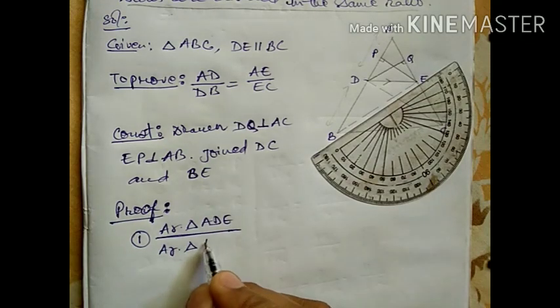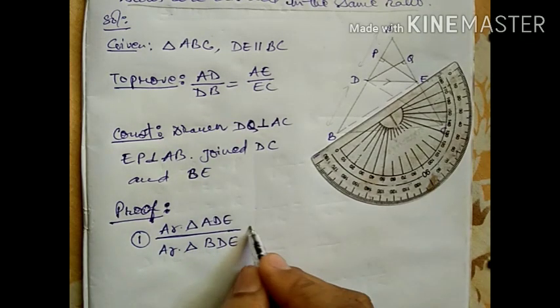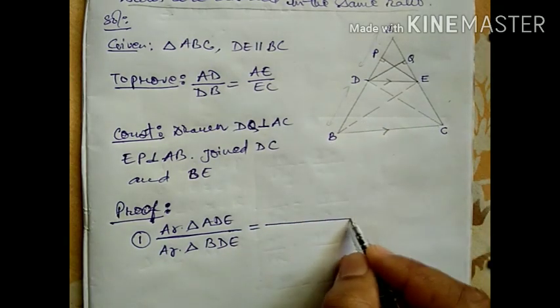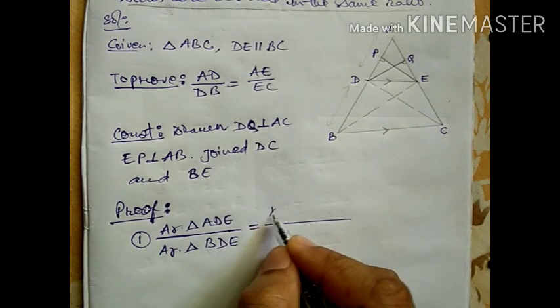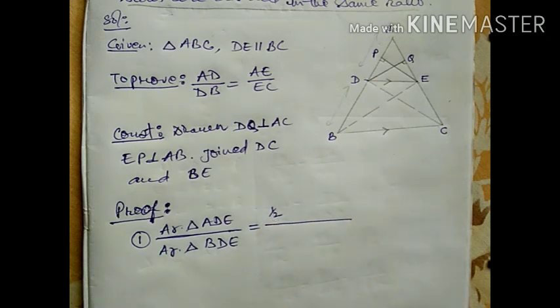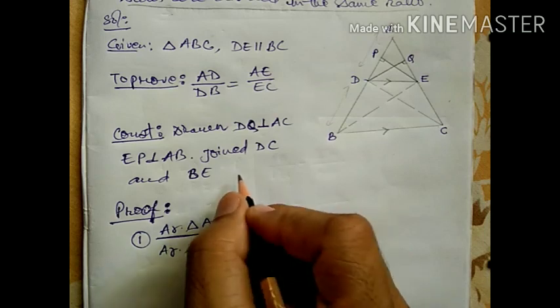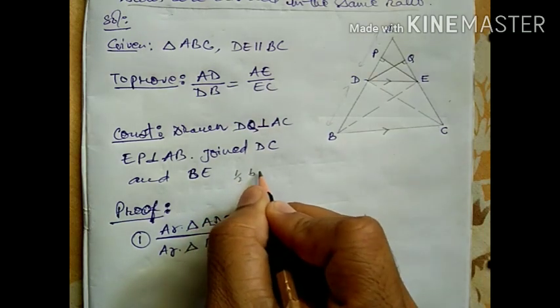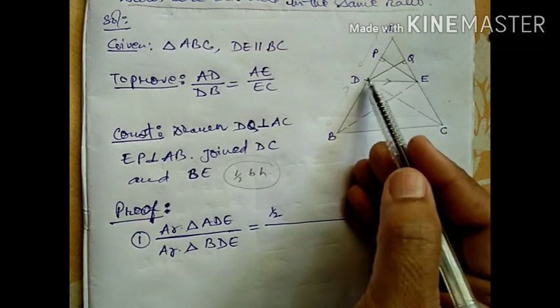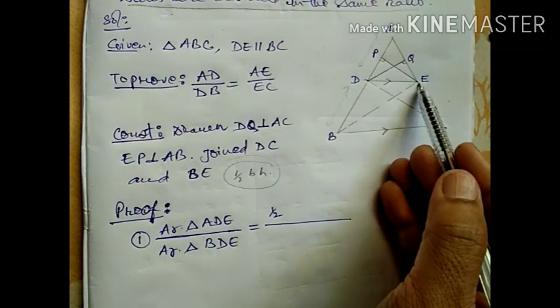Area of triangle BDE is equal to area of triangle. The formula is half into base into height. Area of triangle, the formula is what? Half into base into height. Okay. If it is half into base into height, then for the triangle ADE, for that base